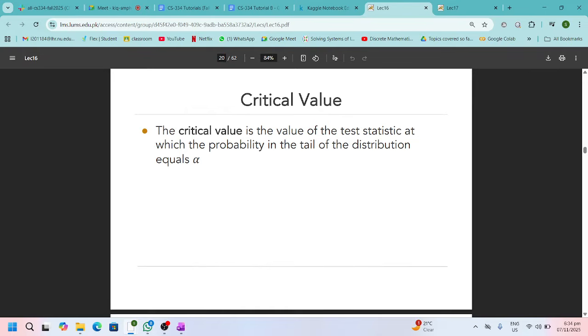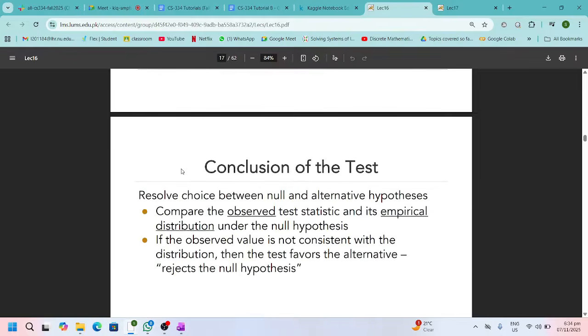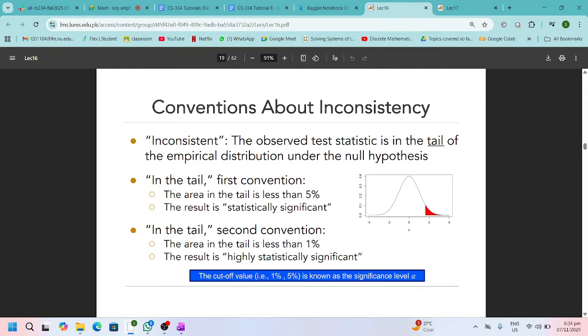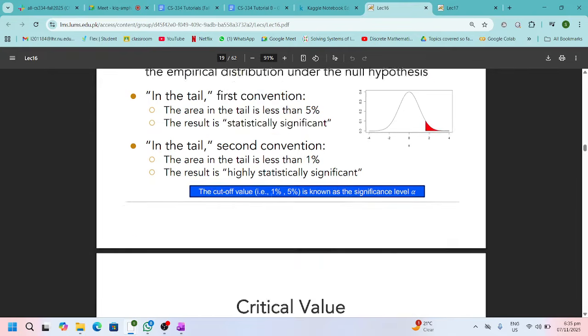With that, let's go back to our notebook. And I will reiterate that the critical value is the value of the test statistic at which the probability in the tail of distribution equals alpha. And this is what I will show you over here as well. Either your result is inconsistent with the null distribution or it is consistent with the null distribution. So either the area in the tail is less than 5%, less than 1%, even less than 10%. So ये जो cut off value आप percentage में define करते हैं, this is called alpha. Alpha is the significance level. अल्फा के ऊपर उस सिग्निफिकेंस लेवल के ऊपर जो कॉरेस्पॉन्डिंग टेस्ट स्टेटिस्टिक की वैल्यू होती है दैट इज कॉल्ड द